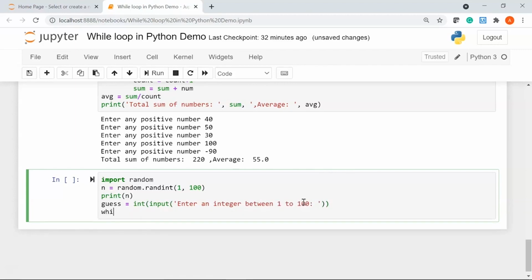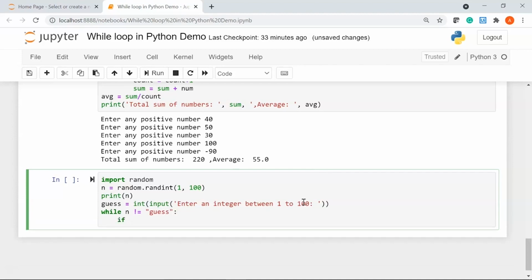Then I'll start my while loop saying while n not equal to my variable, that is guess.